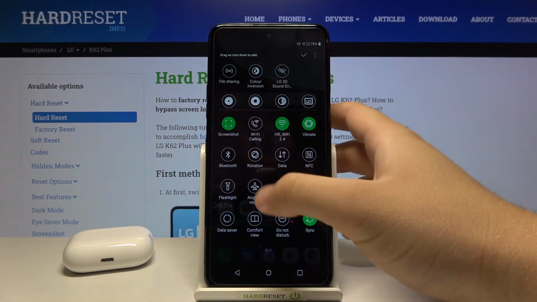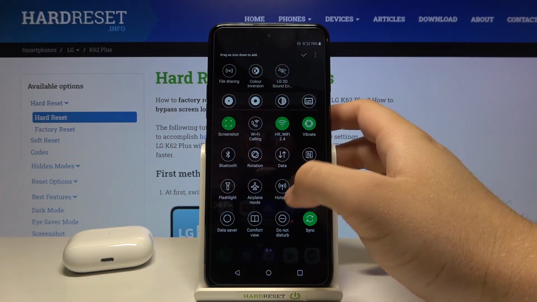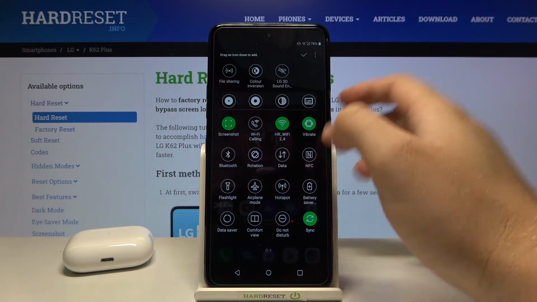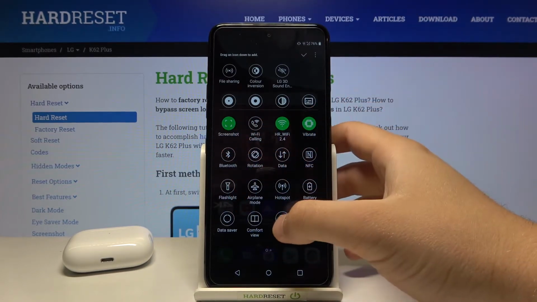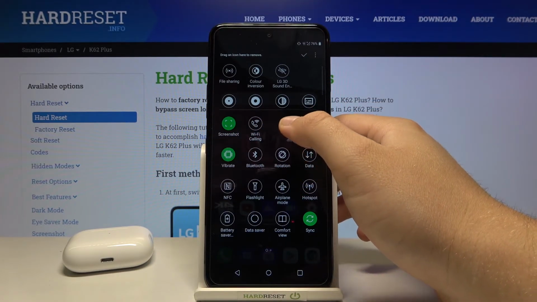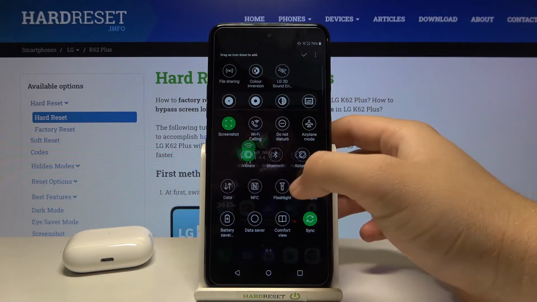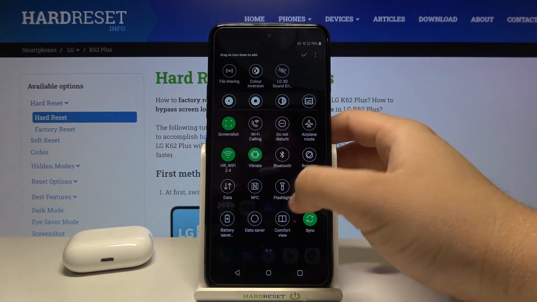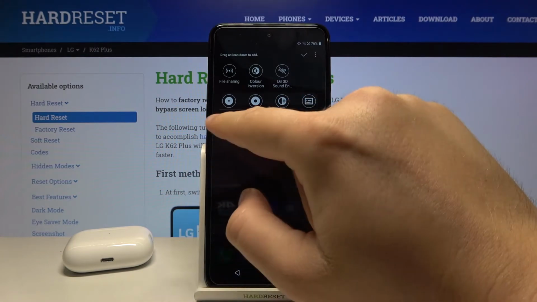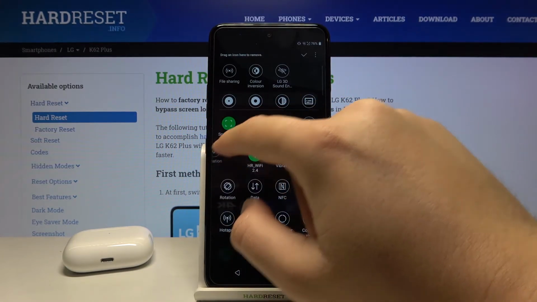and if you want to change the position of these icons, for example you want to get do not disturb mode on the upper section of the list, you have to click, hold, and then drag it like that. And if you want to change the position of these icons, for example you want to get location, click, hold, and